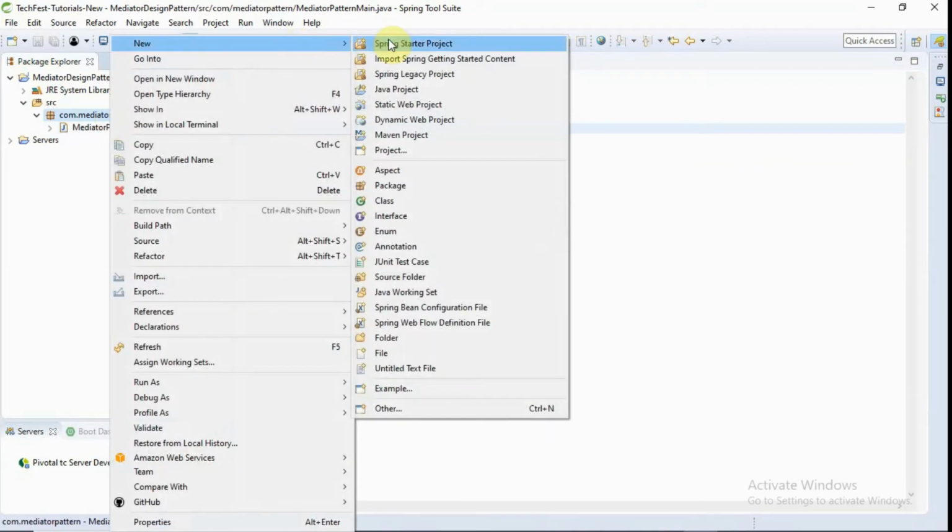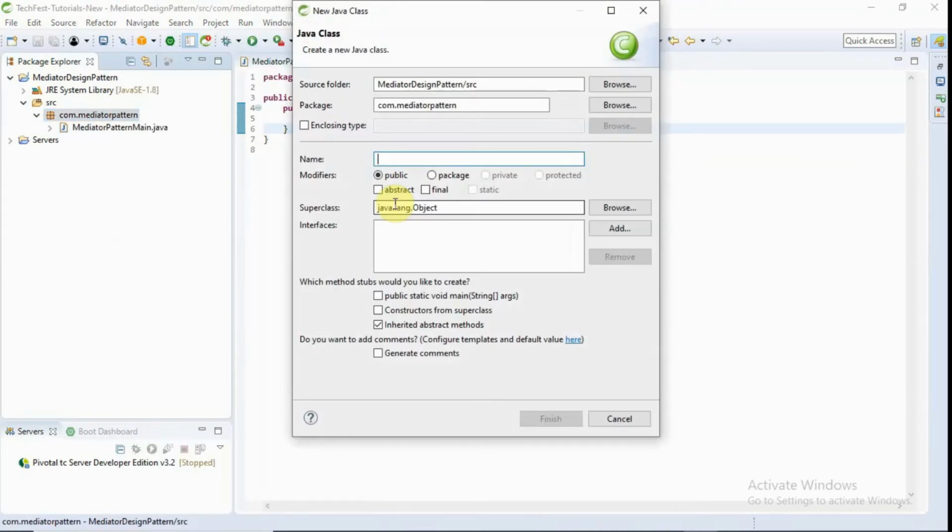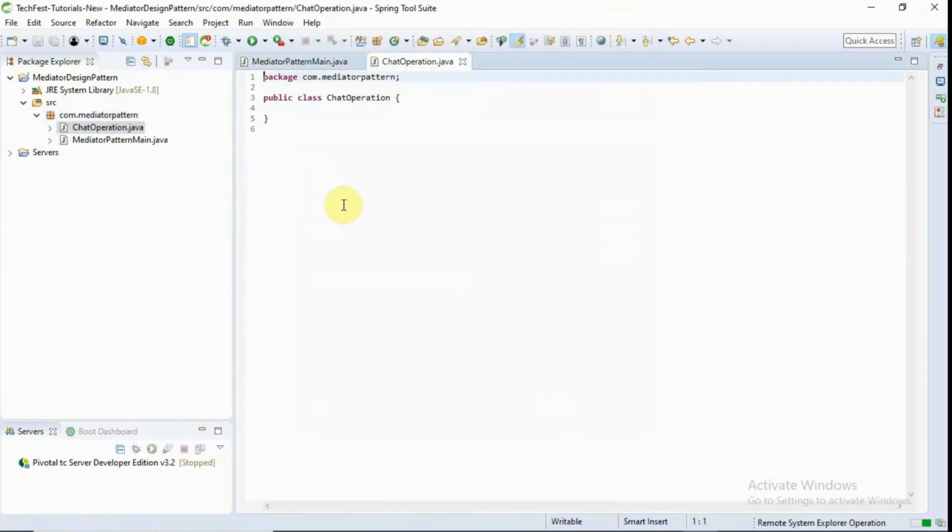For that I am creating a class called ChatOperation, and in this class I am creating one message method that is used to display the message.